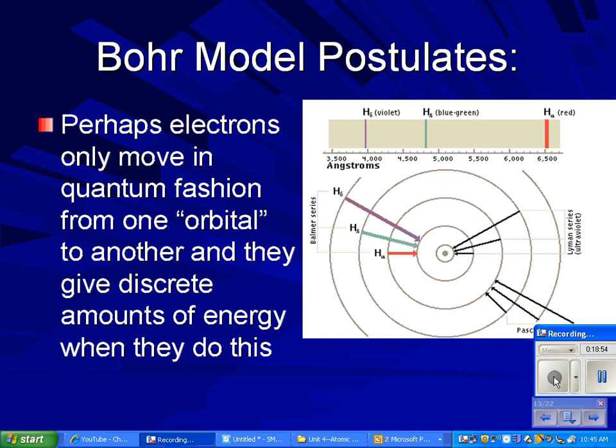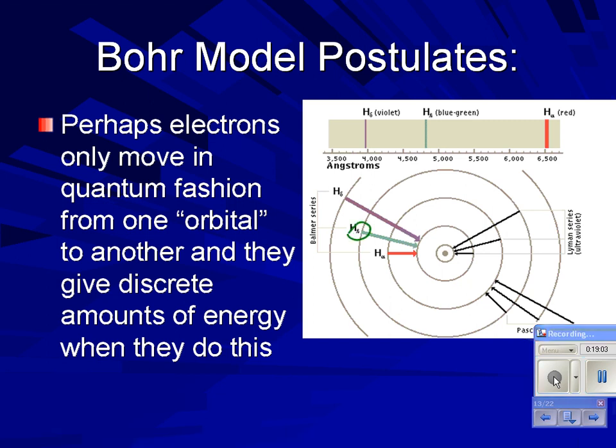He says, you know what? Maybe the electrons don't actually flow from one level to the other. They actually make a quantum leap, a quantum jump. So if an electron exists at this orbital in an excited state, it can decide, well, it probably doesn't decide, it just does this. It can jump down to this lower orbital, and it doesn't exist in between. It actually disappears and reappears or makes some sort of a quantum leap from this orbital to that orbital. And in the process, it gives off a photon of energy,